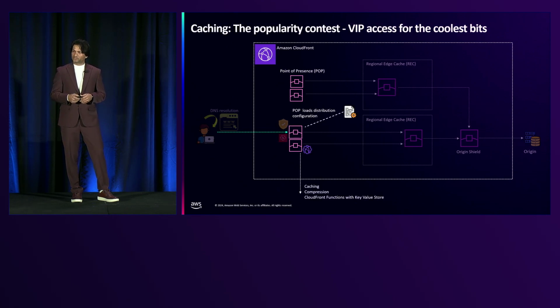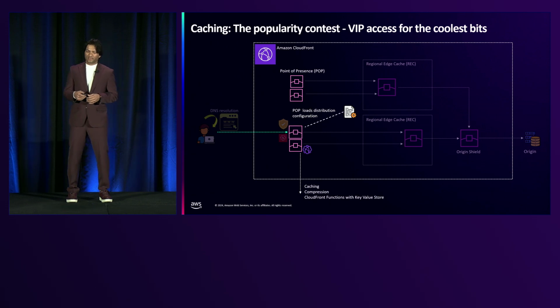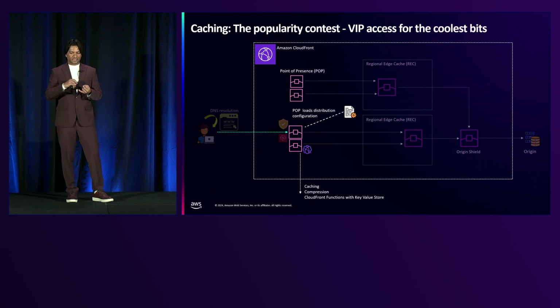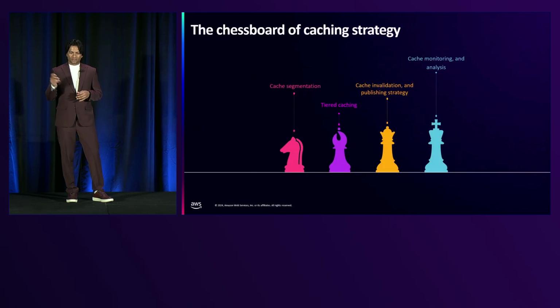As your distribution config is loaded, at this point, I'm looking at the caching rules that you've set up, the compression settings, and whether you have any edge compute running on the POP. So I want to first talk about building a smart caching strategy. From segmentation to multi-tiered caching to cache invalidation to proactive monitoring, each of these steps helps you balance performance